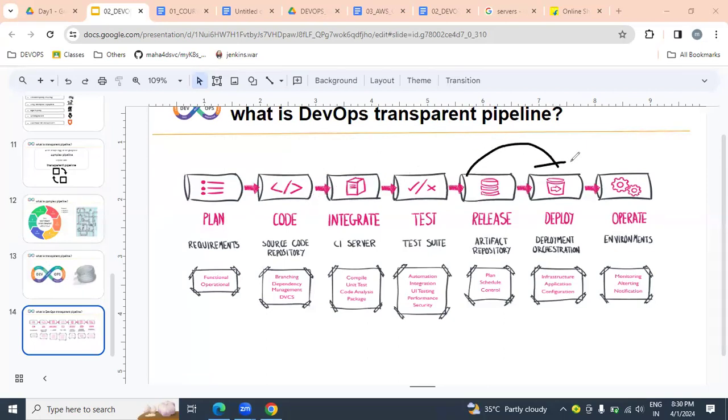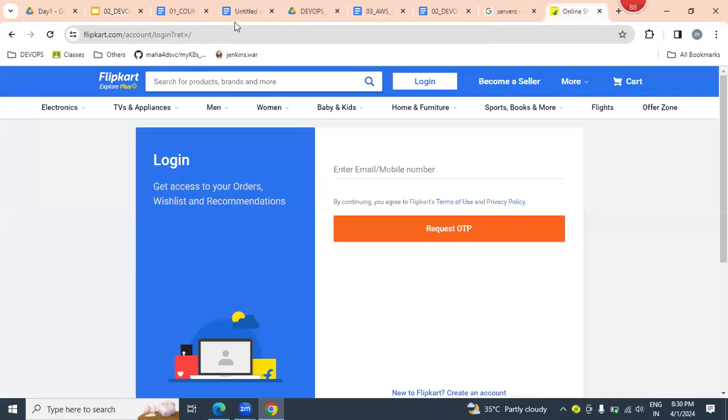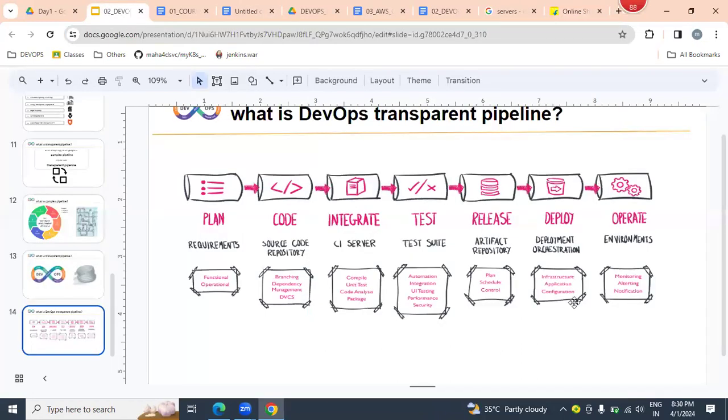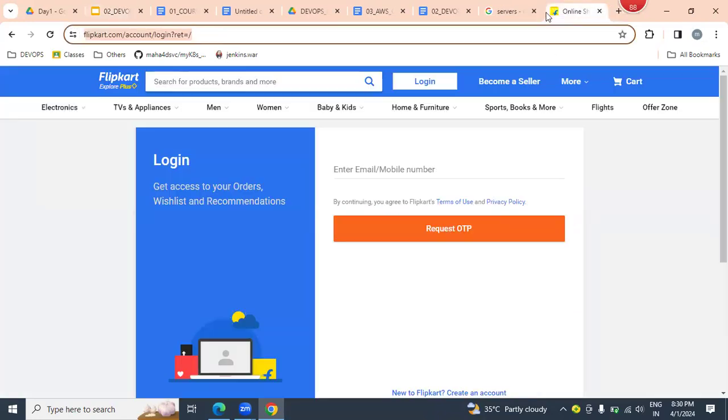Once it is delivered, we are going to deploy our applications on hundreds of servers. Once it is deployed on hundreds of servers, we can access it on the internet, such as Flipkart. Once it is being accessed, we are going to monitor and maintain whether this Flipkart server is working or not.